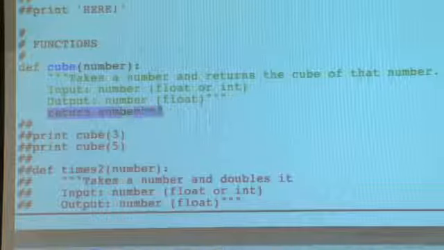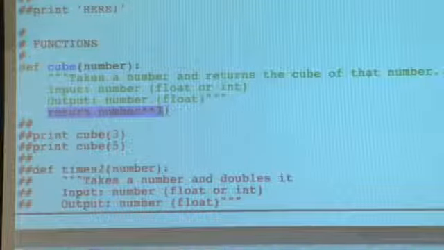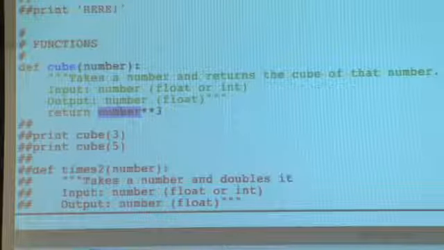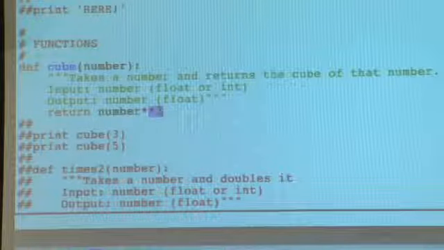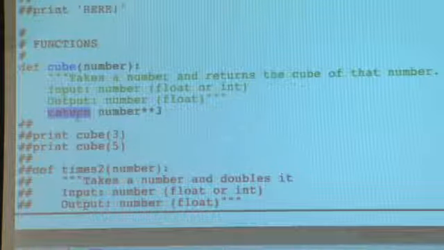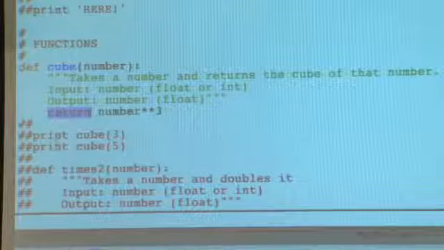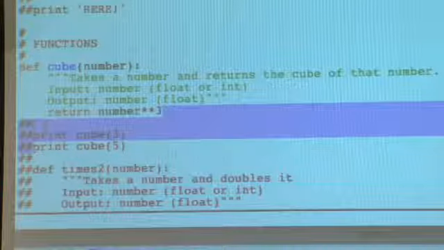This is the body of the function. Again, we denote the block by indenting. All it does is take a number, which is passed into it, and raise it to the third power. Then this return statement tells Python to send that back to whoever called the function. So, as an example of this working,